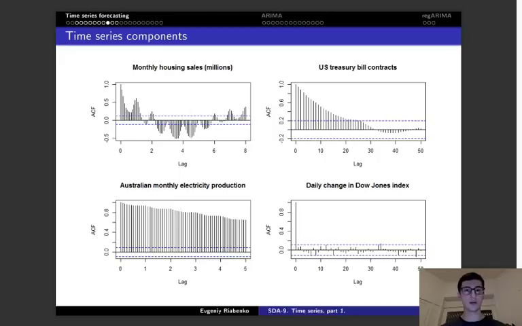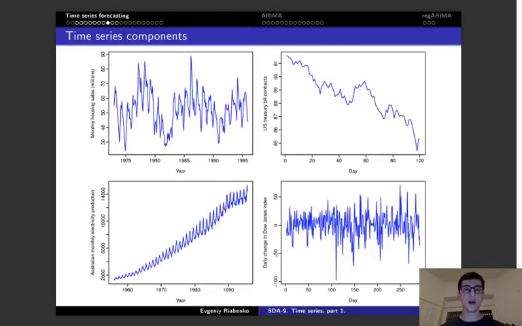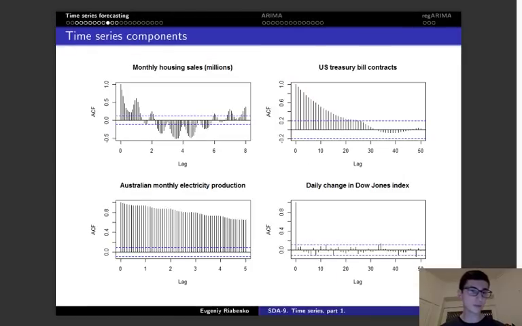The first one is monthly housing sales, and maybe this is the hardest case. Here we have some cyclicity. We also have some seasonality, but also some sinusoid, actually some cycles. And this can also be seen on the ACF, the autocorrelation function. We also have some sinusoid here as well. Sorry, my mouse is not highlighted here. Currently I'm talking about the upper left corner, monthly housing sales. Let's go back to